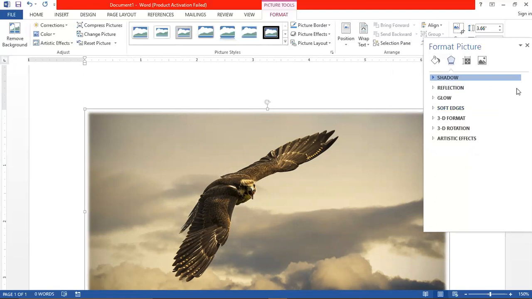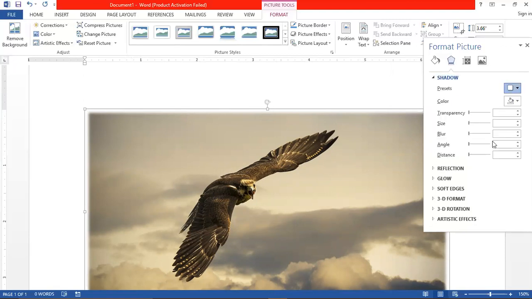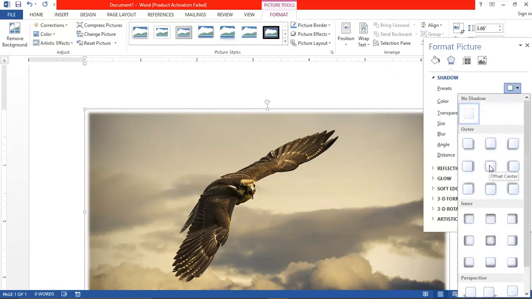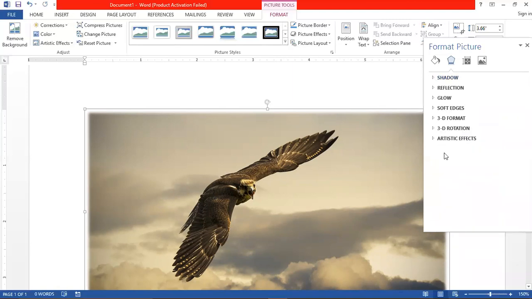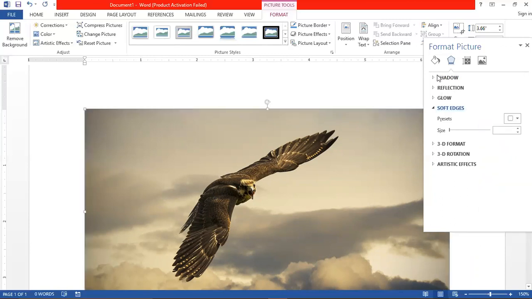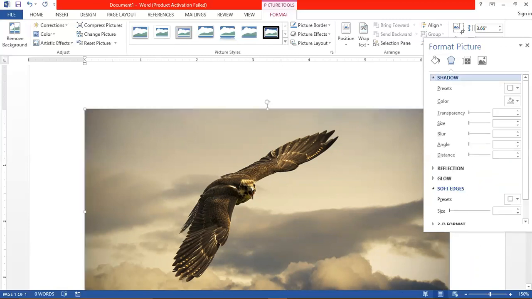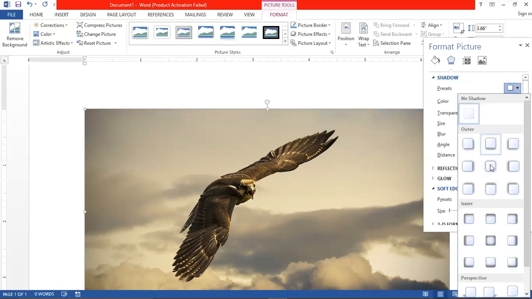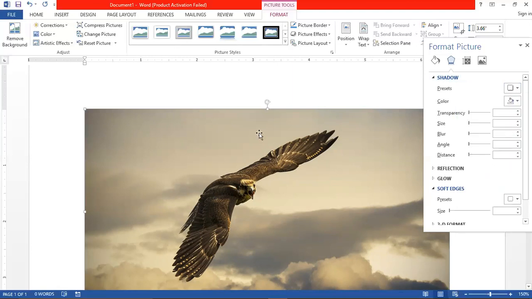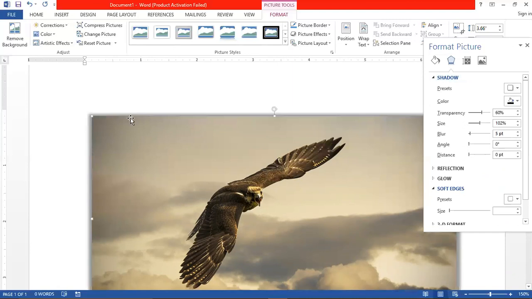Now you can use a shadow effect also. Click on the shadow, and then we can select the presets. Okay, with soft edges, the shadow will not show that much. So let me remove the soft edges. Okay, so now you can see the shadow effect has been applied.